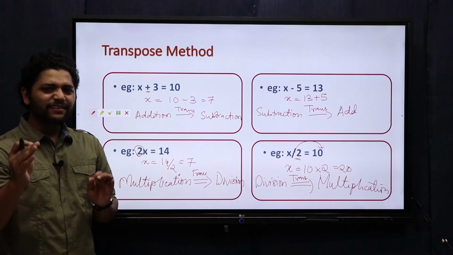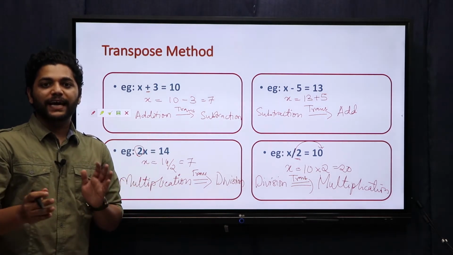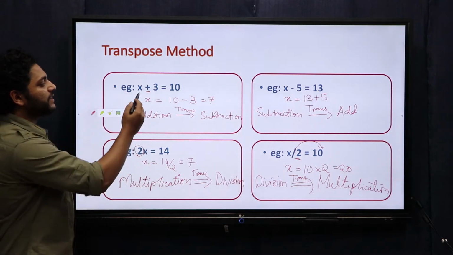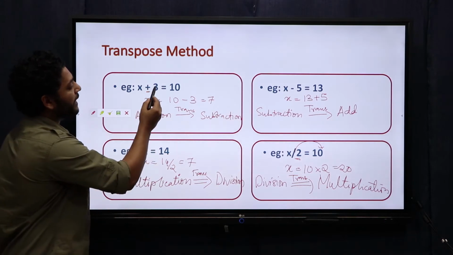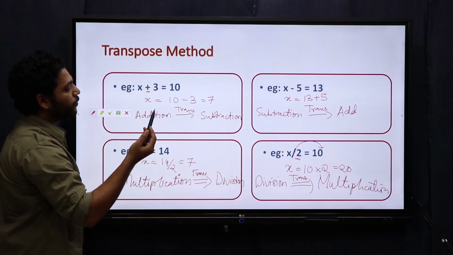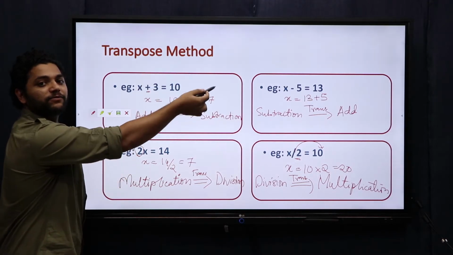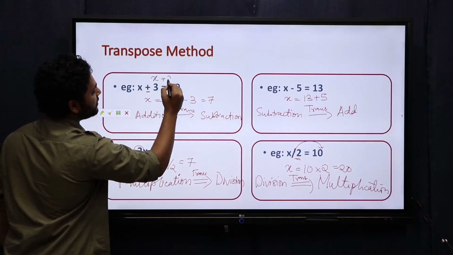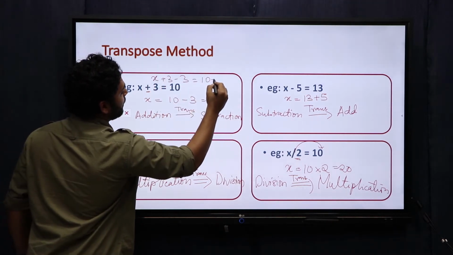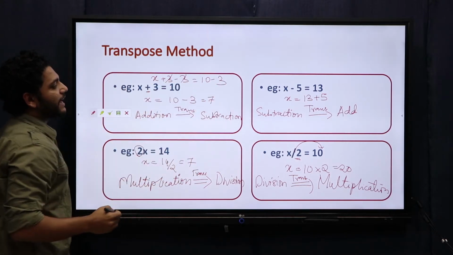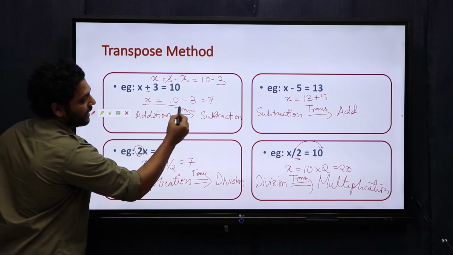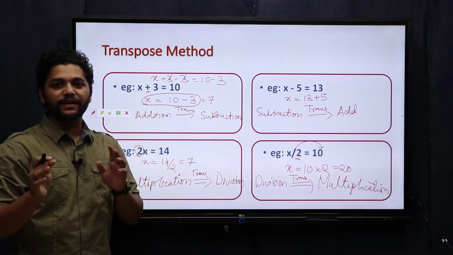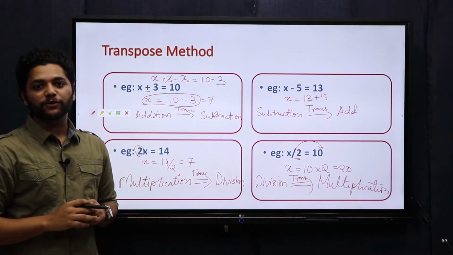So, if you take a step back and just think about the two methods, in a way both the methods are almost the same. If I take this case, plus 3 in inverse method, if I subtract 3 on both the sides, in a way what you are doing is just taking the 3 from here and shifting it there, right? If I write the inverse method on top of here, x plus 3 minus 3 equal to 10 minus 3. Now, here 3 and 3 get cancelled. In a way, I am getting the same equation from here. So, the inverse operation method is in a way very similar to the transpose method. I hope that was clear.